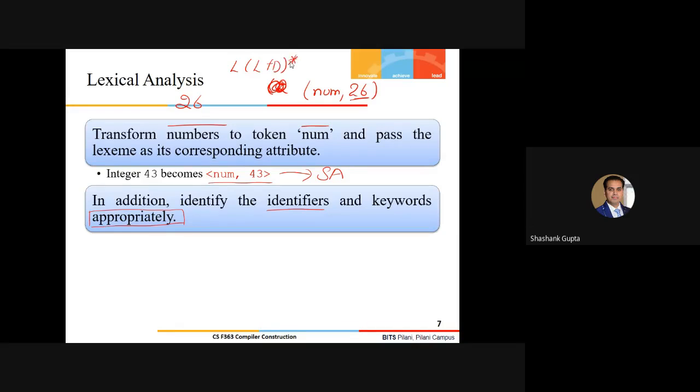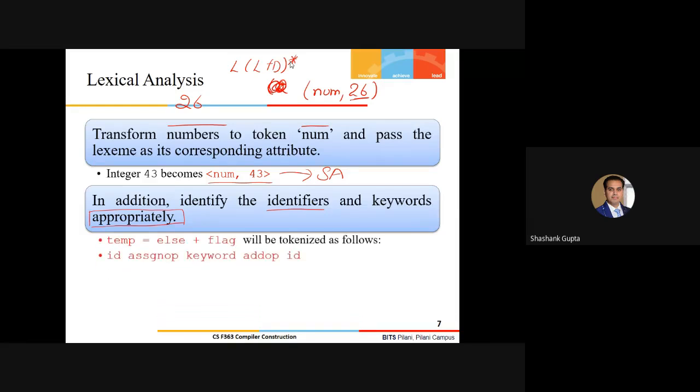Then what's the big deal in identifying identifiers and keywords? Because both include a set of characters, so the rules for identifying the keywords and the identifiers will be entirely the same.